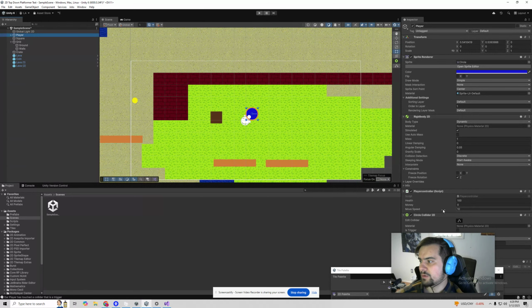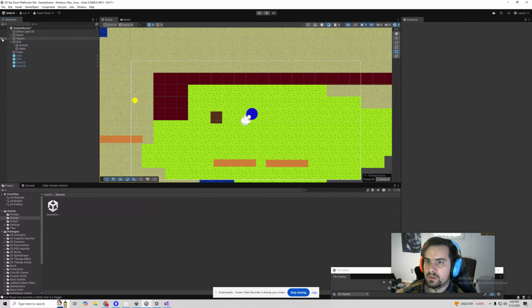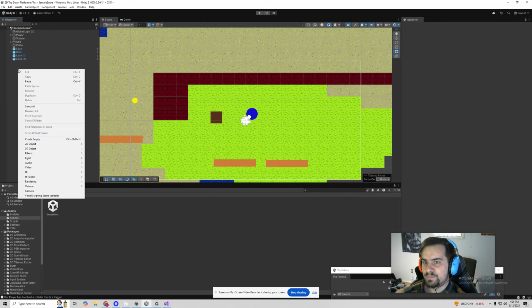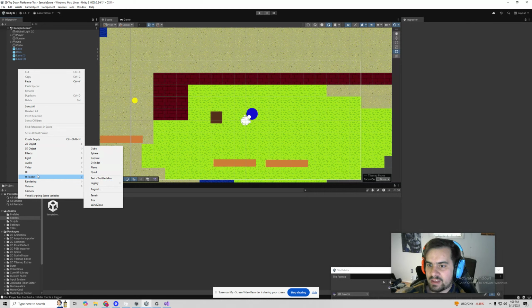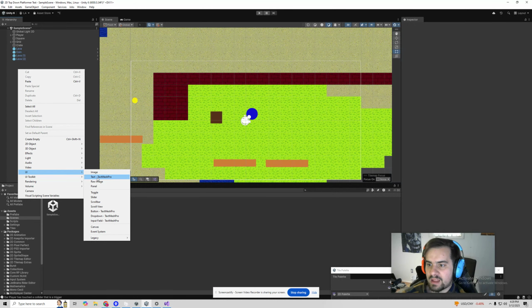and our current, oh no, we added money, not move speed. We added health and we added money. So let's add those variables now. We actually already added the variables. Let's add those UI elements now. I'm going to right click in my hierarchy and add a UI element, and I'll add text